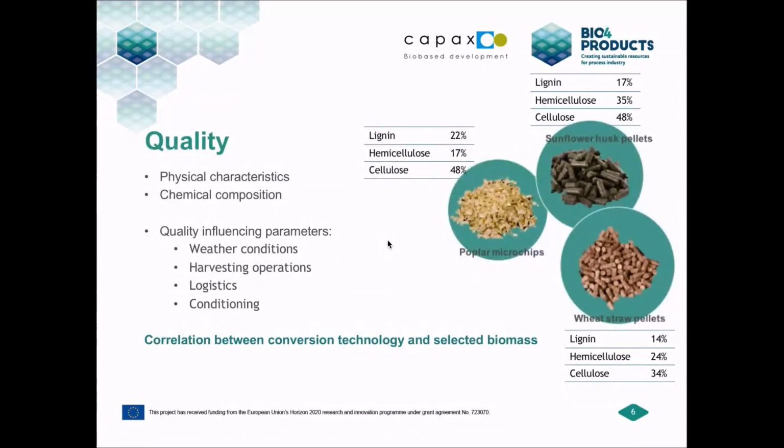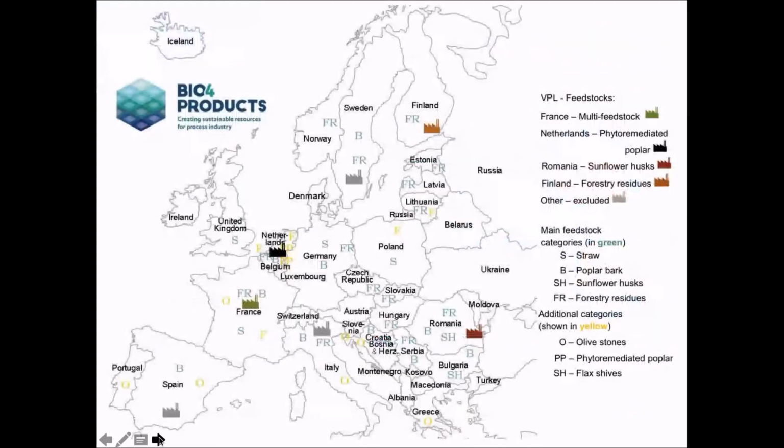Also, during logistics, you can get contaminations. You can get them also while storing your biomass, because you use, let's say, a bulldozer to load your biomass, but the bulldozer was contaminated with some residue. So these are important aspects to take into account when you look into the quality of the feedstock. And of course, the feedstock choice is in relation to the conversion technology. Now, to say something more about the VPL locations,